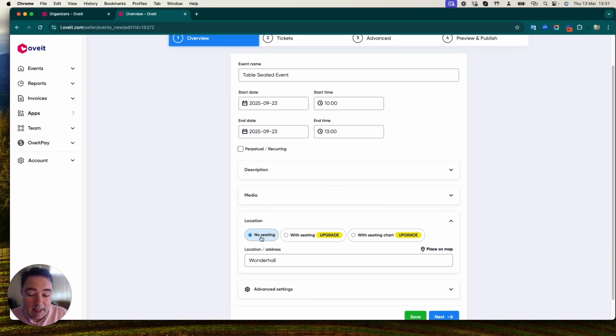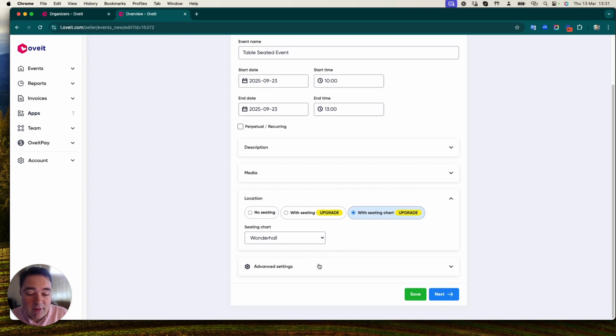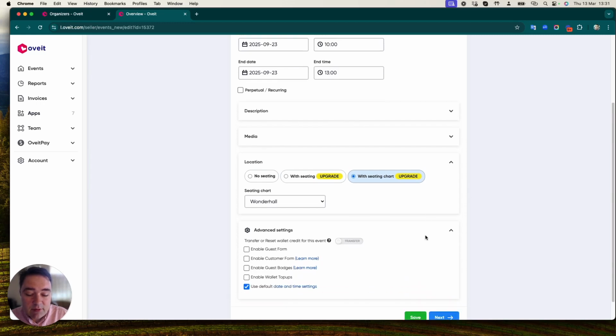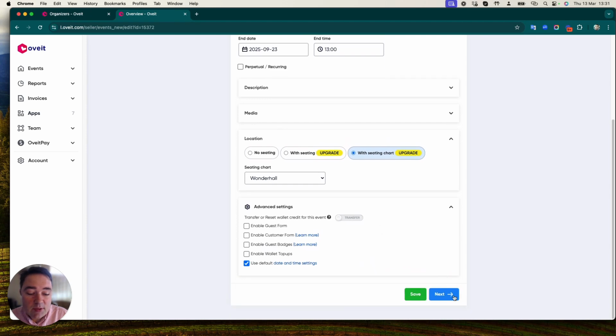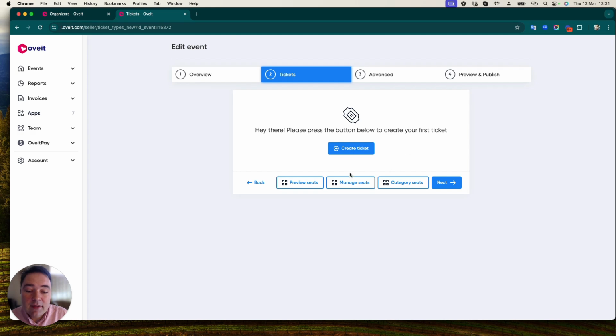Now, in my case, I have to switch from no seating to with seating chart, and I will choose the Wanna Hall, which is the venue that I've designed earlier. We have some advanced options here if you want to collect guest information, but this is not exactly relevant for the seated event. So let's just move to the next step, which will be the seating